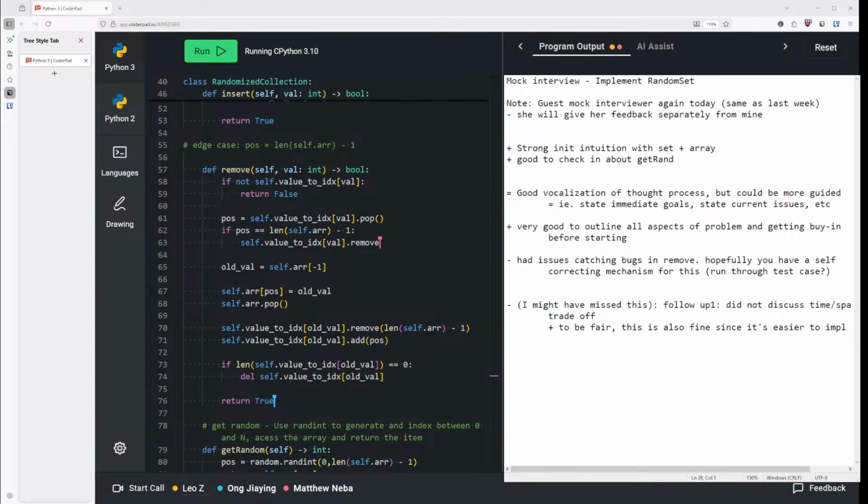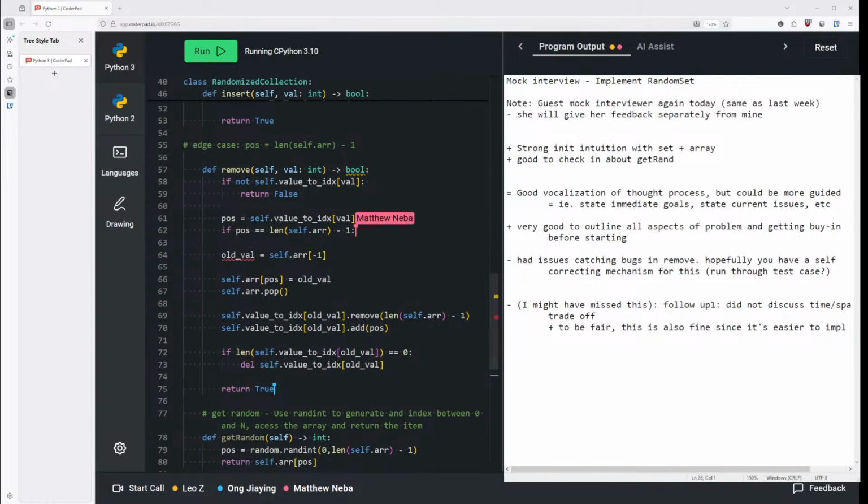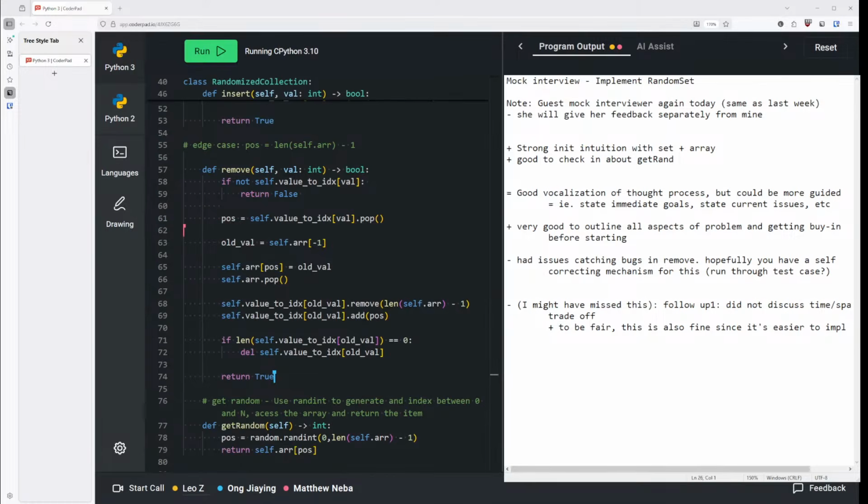instead of swapping like that, I could just, that's the same thing, I could just copy this. I think I could integrate this a bit better. So if my position is equal to 0, if my position is equal to 0,